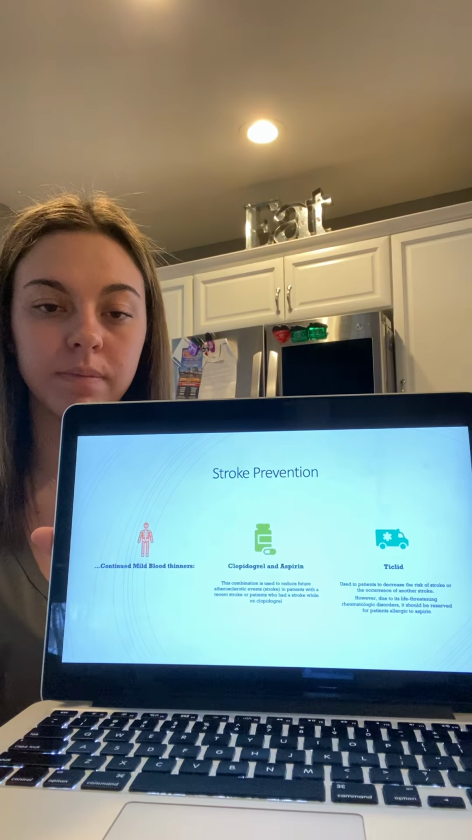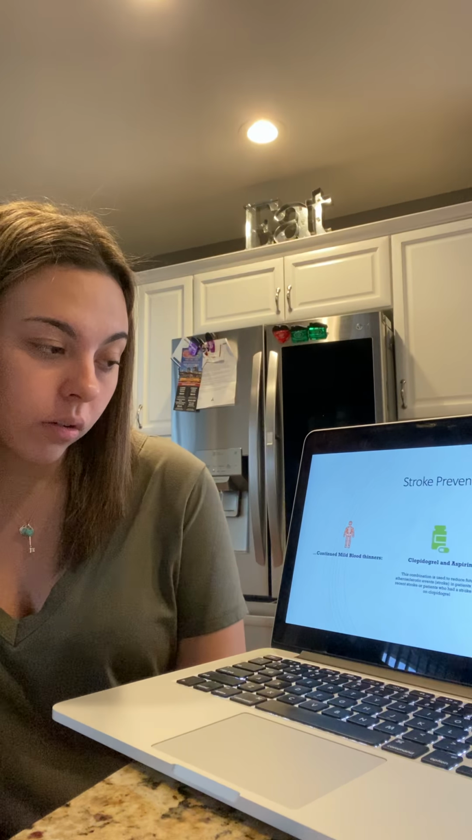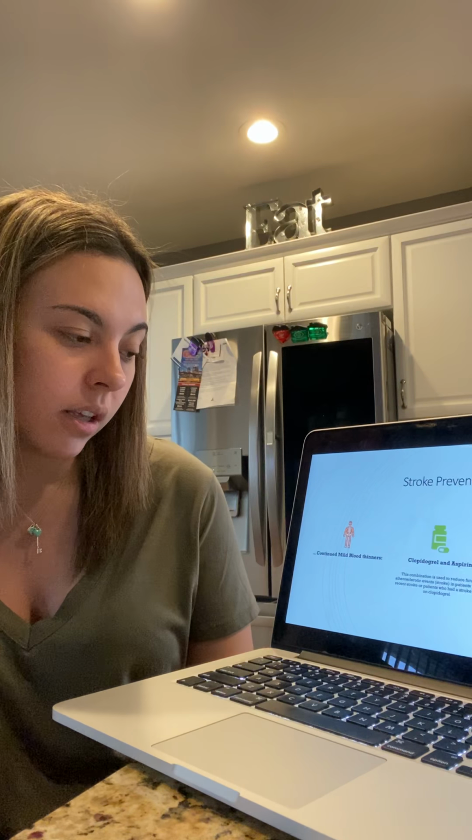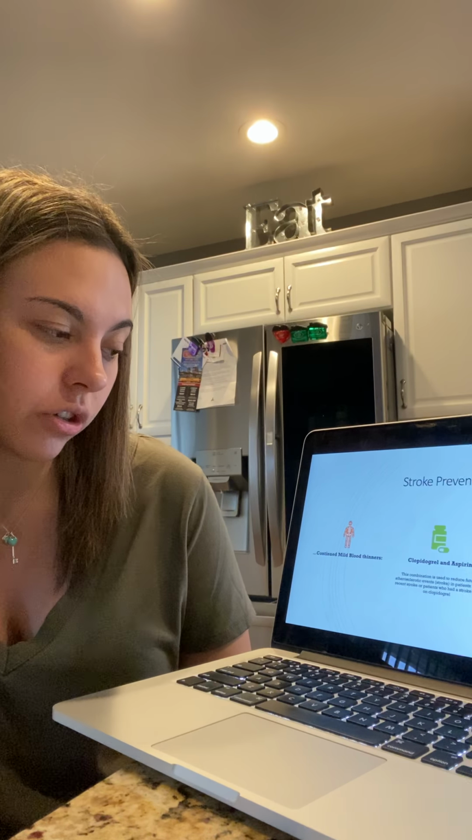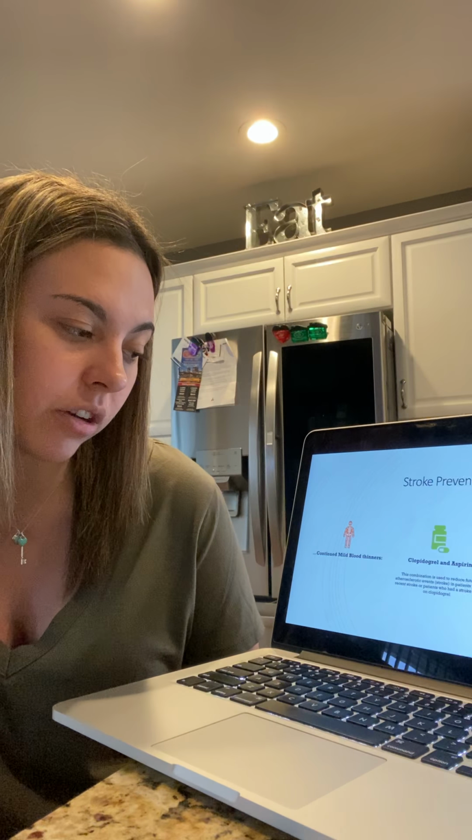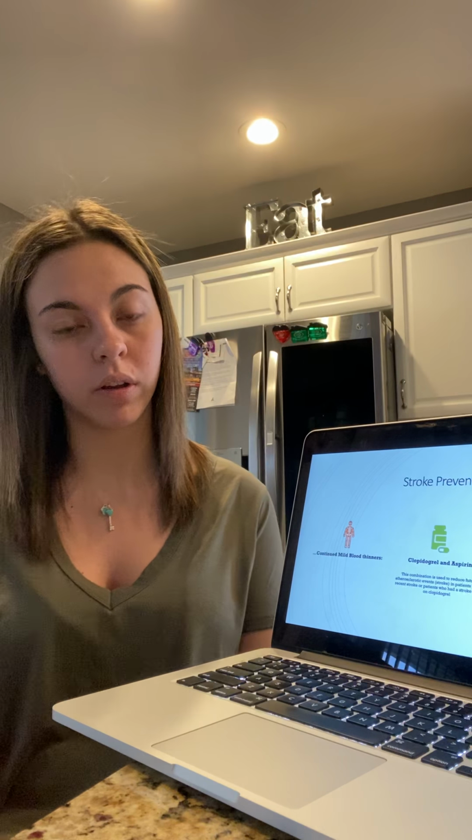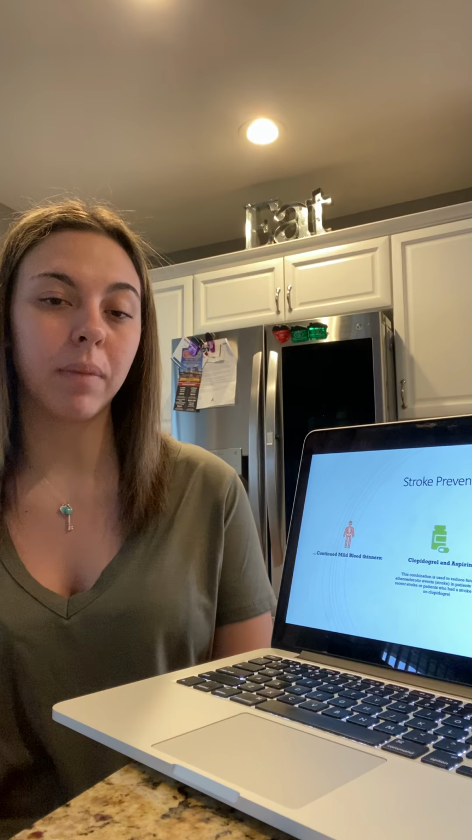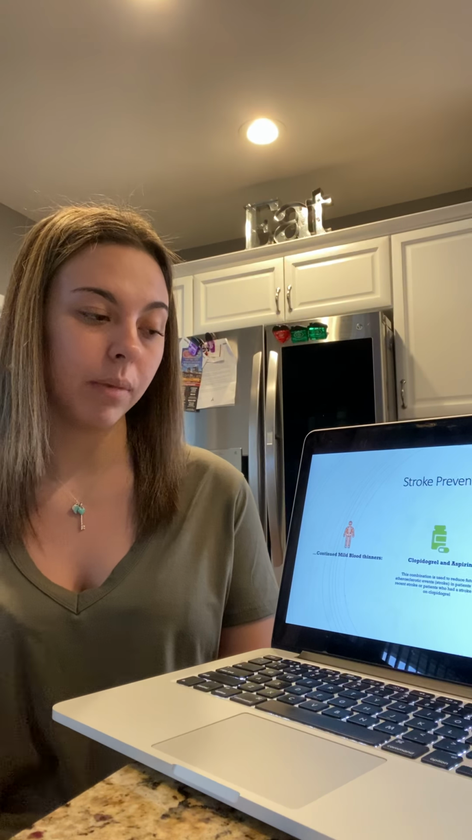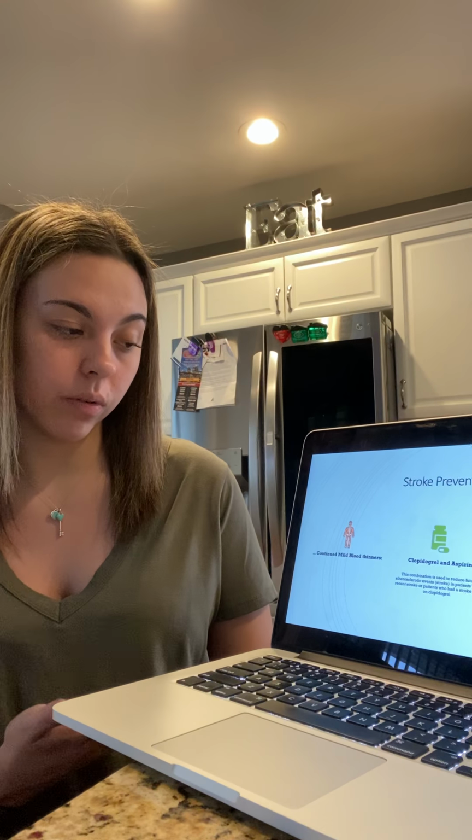Continued stroke prevention, they may be put on clopidogrel and aspirin combined. This combination is used to reduce future atherosclerotic events in patients with a recent stroke or patients who had a stroke while on clopidogrel. So if a patient was already on this, and they have a stroke, they may add aspirin to it to reduce the risk, because again, aspirin's a mini blood thinner, so it's thinning the blood on top of the combination